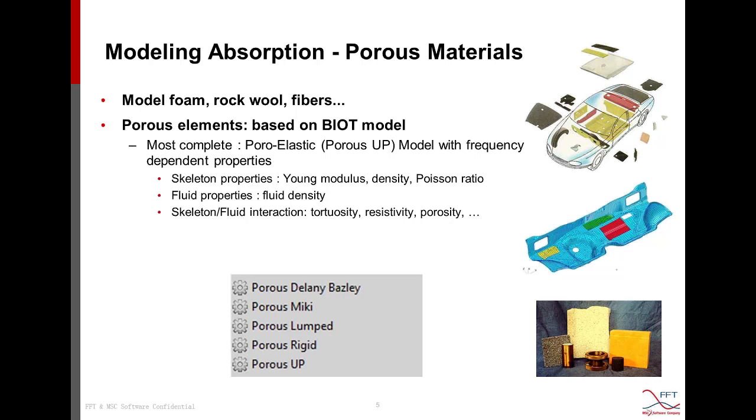So porous materials are widely used in many types of products. For example, in the automotive industry, we have foams, rock wool, or fiber materials that are used pretty much everywhere in the automotive body to assure good NVH behavior, the noise and vibration behavior of the car. So in Actran, to model the porous material, we are based on